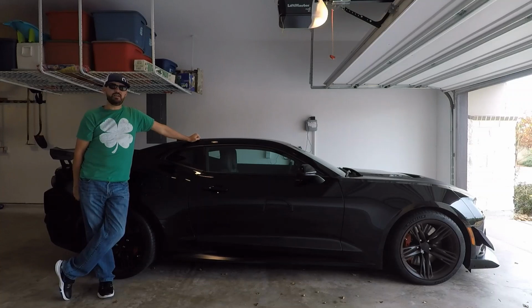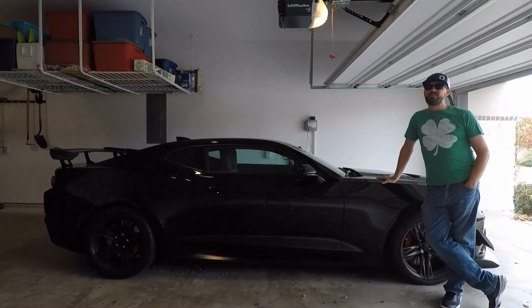What I'm talking about today is for you guys that are thinking about buying the new Camaro ZL1 1LE. These are things that you probably want to think about twice before buying the vehicle. Now, the number one reason you guys might want to think twice about buying this vehicle is